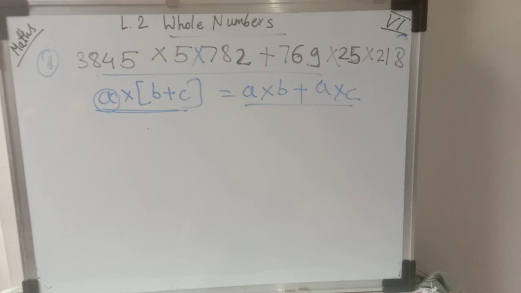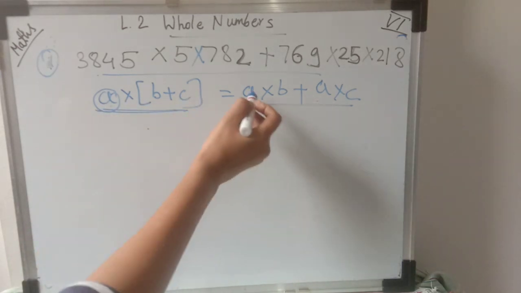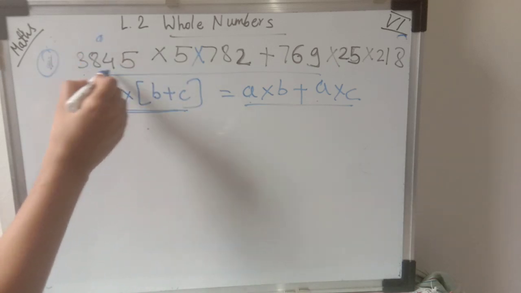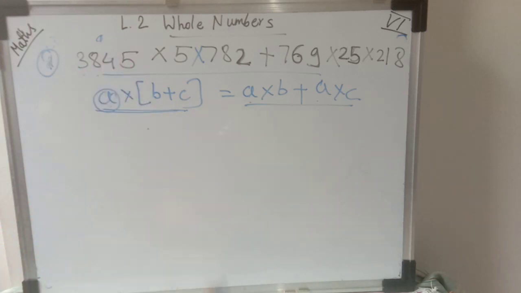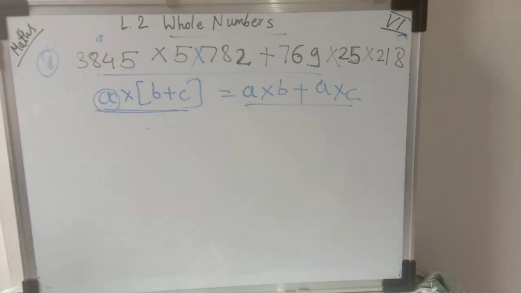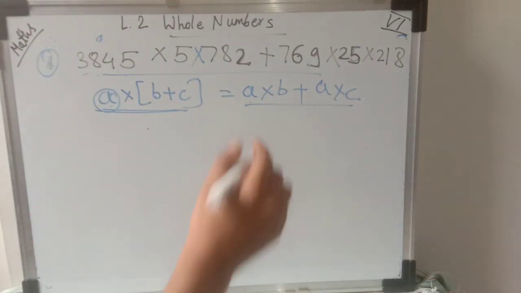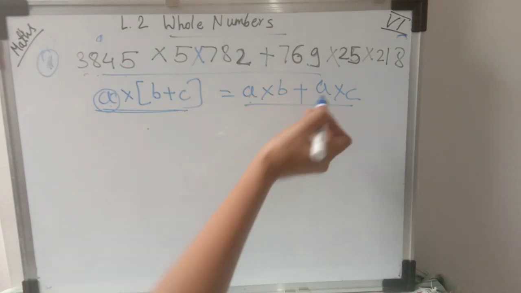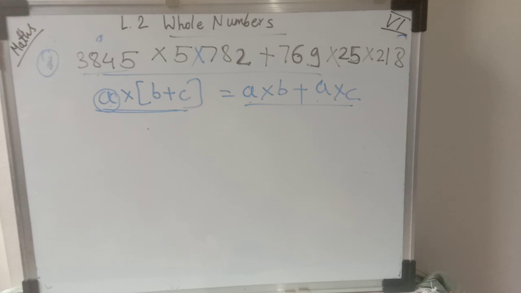So हमको क्या करना है, A कॉमन लेने के लिए, क्योंकि ये इस फॉर्मेट में है, पर यहाँ पे A अगर हम ये फर्स्ट नंबर को कंसिडर करते हैं 3845, अगर हम इस नंबर को A कंसिडर करते हैं, तो ये नंबर हमें यहाँ कहीं भी दोबारा नहीं दिख रहा. ओके, बट इक्वेशन में तो बोला गया है कि A 2 टाइम्स आता है, पर यहाँ पे अगर हम ये पहला नंबर A कंसिडर करते हैं, या कोई भी नंबर A कंसिडर करते हैं, तो वो 2